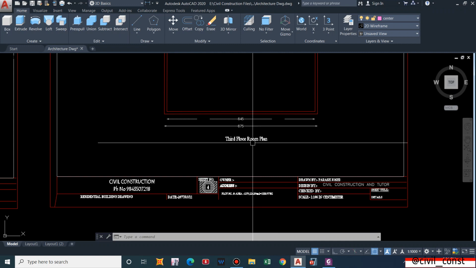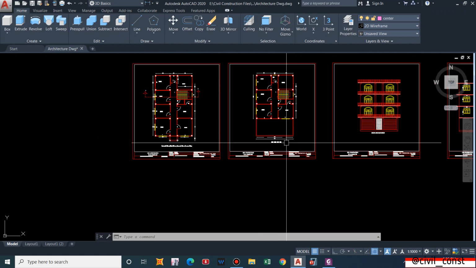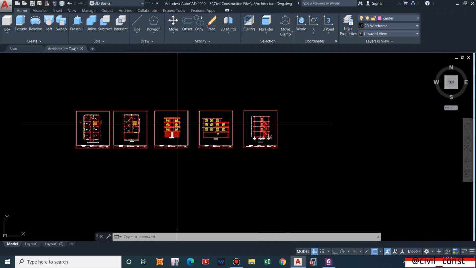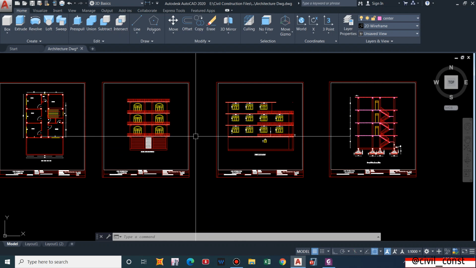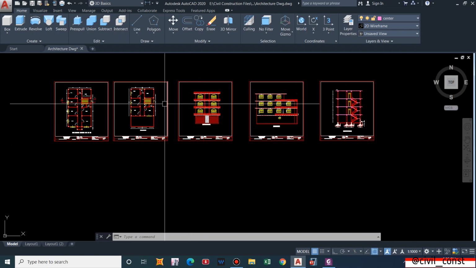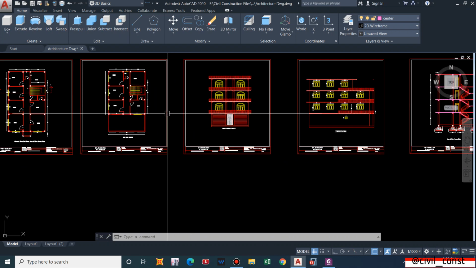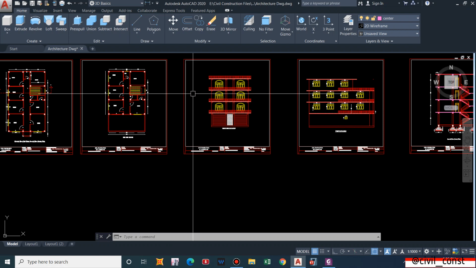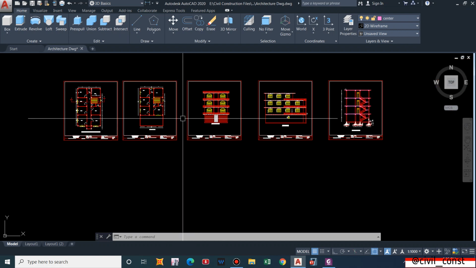an architectural drawing, a proper architectural drawing for the ETABS analysis. And I'm using ETABS version 18, and IS 456 2000 for concrete designing, and IS 1893 part 1 2016 for seismic analysis. So this is my architectural drawing. It may lack some points because it is just a raw drawing, but it is sufficient for the ETABS analysis. So don't make any comment regarding something missing in this building plan, elevation, section. I just wanted to make you clear about this.